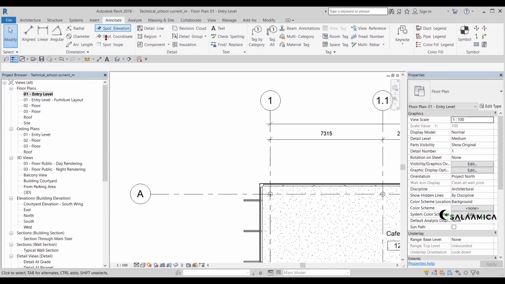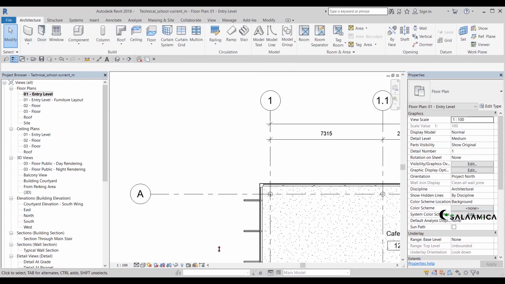So you can right click this icon, Revision Cloud, and click add to quick access toolbar. Now it will be placed on your quick access toolbar. Okay, so you can also arrange the icons. So if I'm going to go to the last